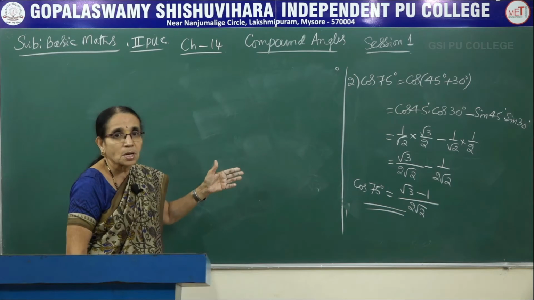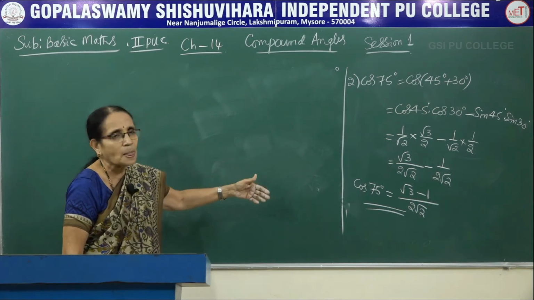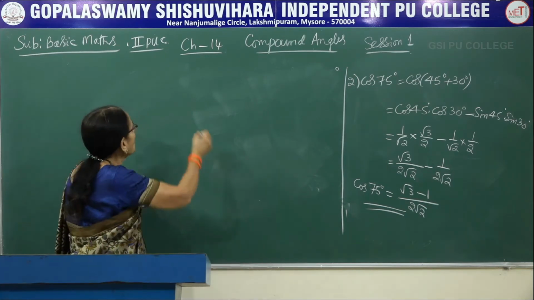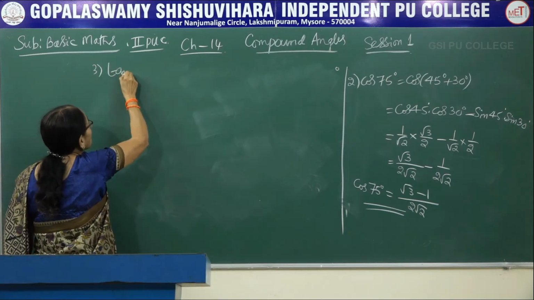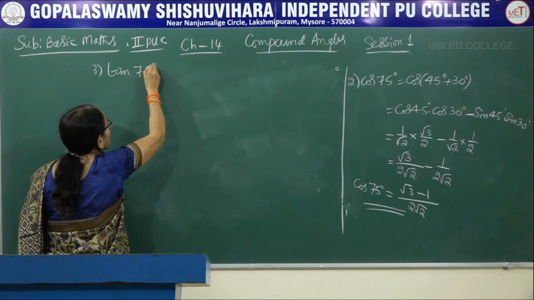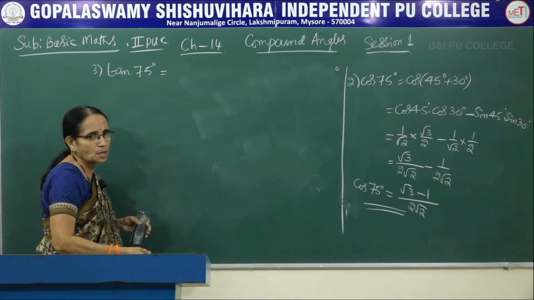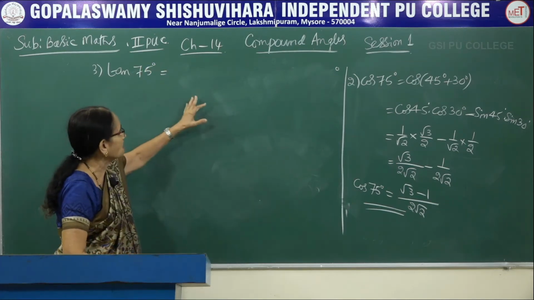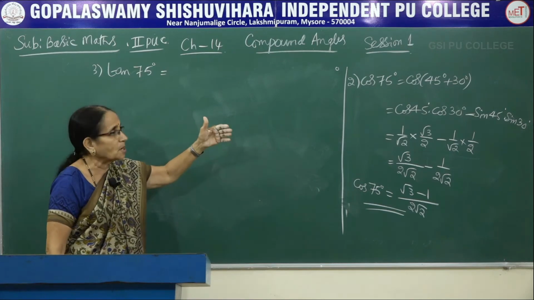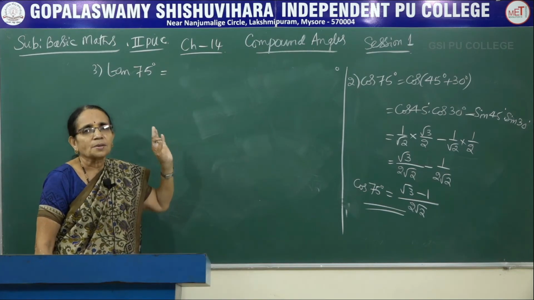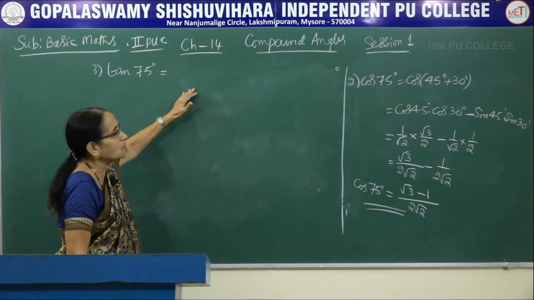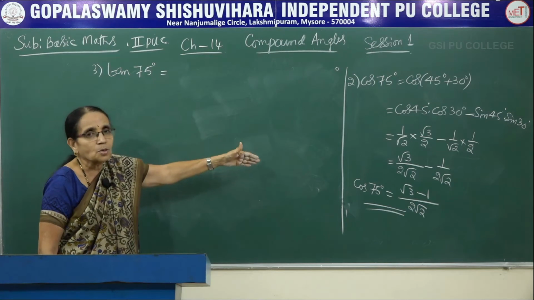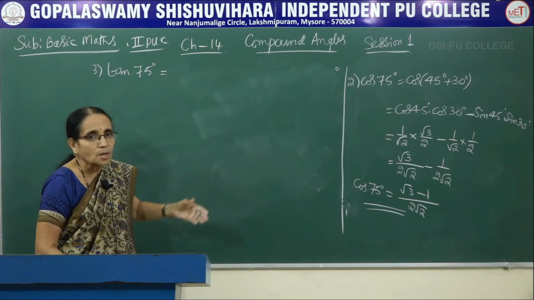You are supposed to remember, wherever you come across this one, you can write these values. Now, let me come to the third one, that is tan of 75. Here, to get the value of tan of 75, again you can split and write, or you can use the result that tan theta is equal to sin theta divided by cos theta. So, sin 75 divided by cos 75, whose values already have been calculated, you can substitute.